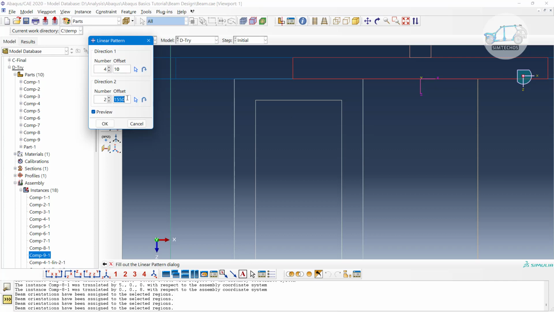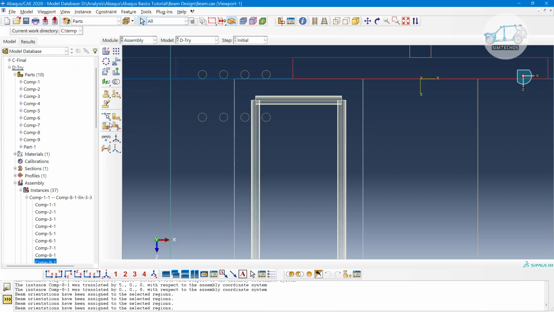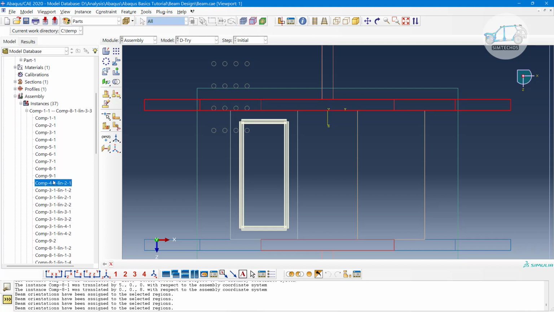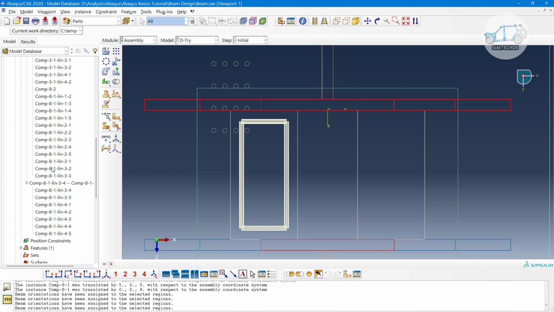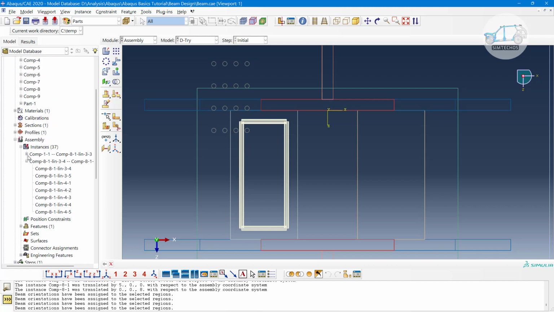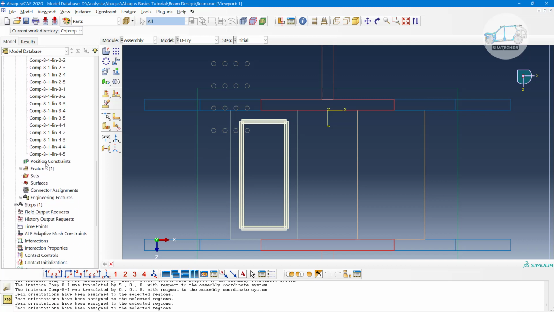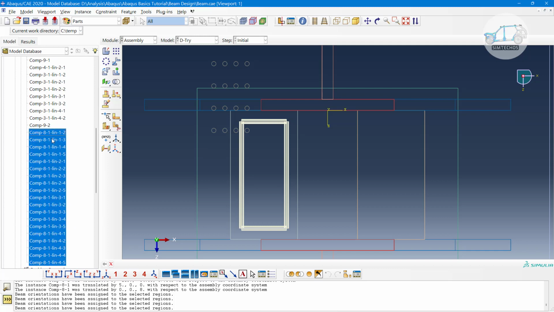In the y direction, with a distance of 20, I want 4 copies. Oh, I have to define the reverse direction. So let me delete those members. Those members are grouped actually. Just go for Control Z, so the members will be ungrouped, and component 8. Okay, all this component